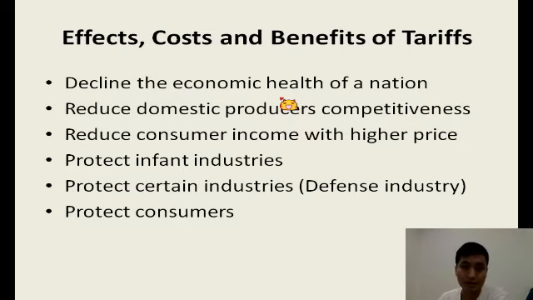Okay, I'm going to continue with the effects and costs and benefits of the tariffs. So the first one is decline in the economic health of a nation. For the countries with the tariff imposed on them, foreign tariffs raise the cost of domestic producers, which causes them to sell less in those foreign markets. The demand for consumer producers decreases, leading to reductions in employment level as well, and reduces domestic producers' competitiveness, which means that tariffs hurt the countries that impose them, as the costs outweigh